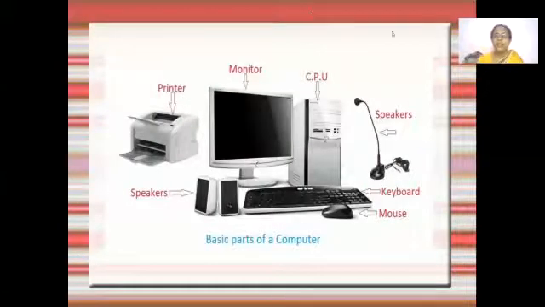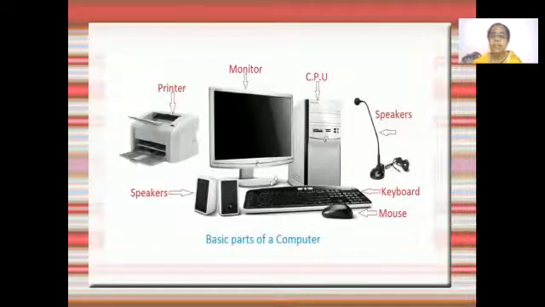This is your computer. Actually, a computer has many parts, but when you come to the lab, you can't see all these parts because there's only one printer or only one speaker. Here you can see this is the monitor. It's a screen. It looks like a TV screen. You have the CPU, which is called the central processing unit, the keyboard, the speaker, the mouse. This is a mic. When you speak through it, it is heard on the speaker, and this is a printer. These are some of the parts of the computer.